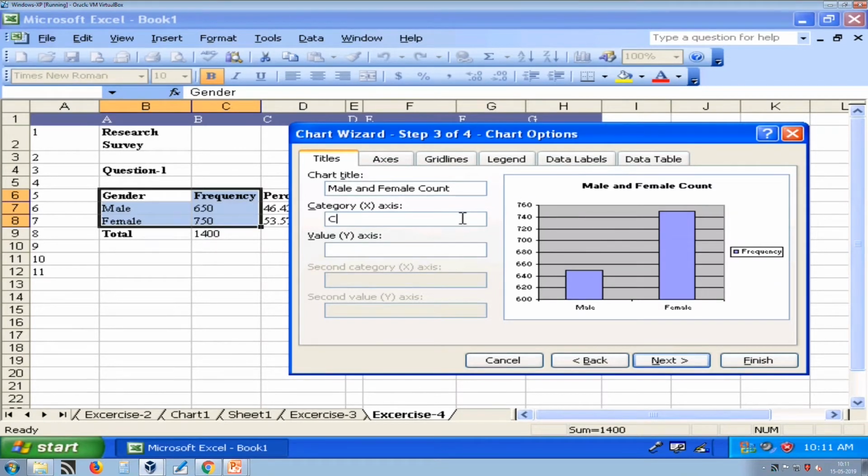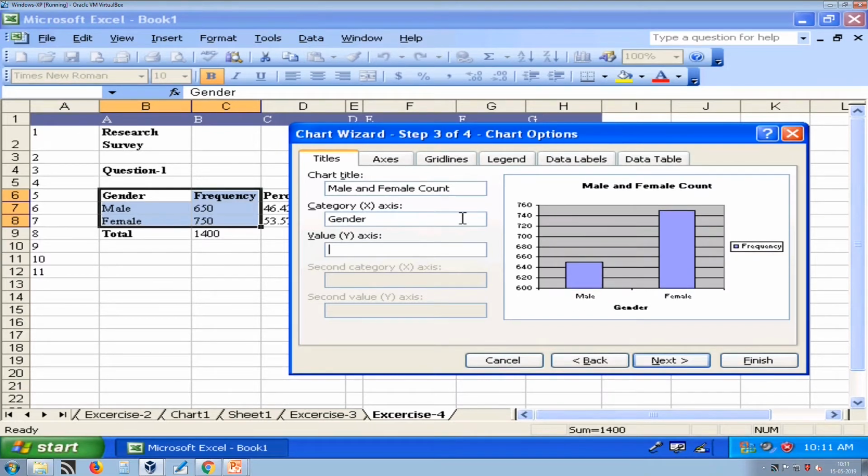On the x axis we have gender or category, and on the y axis we have number of people. So, here it shows gender, which is male and female, and here it shows number of people.